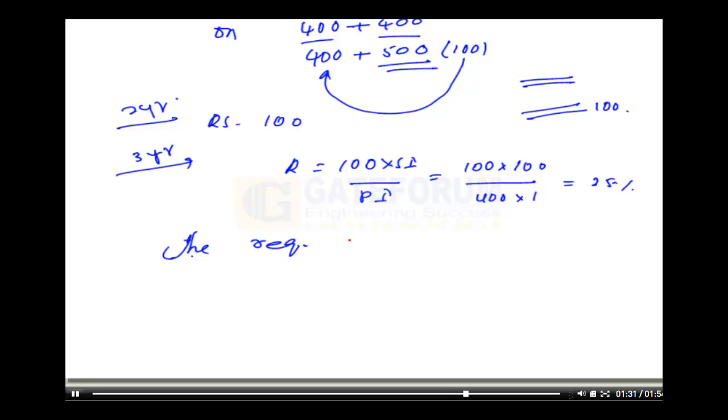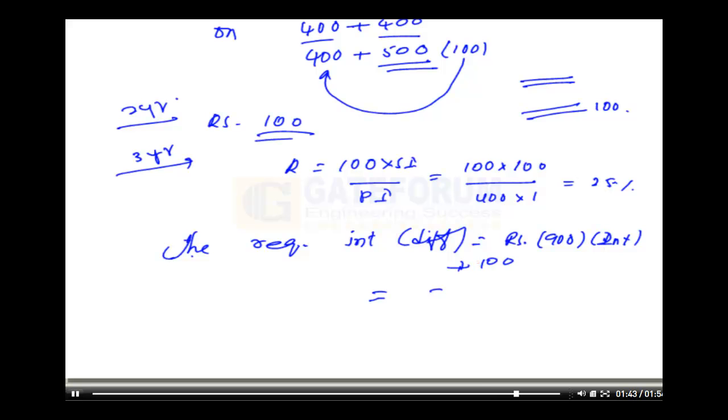Now hence the required interest, that is the difference, is nothing but the interest on 900 rupees, plus the interest which is 100, the extra interest. That is 900 at rate of interest 25%, plus 100, this will give you rupees 325, which is nothing but option